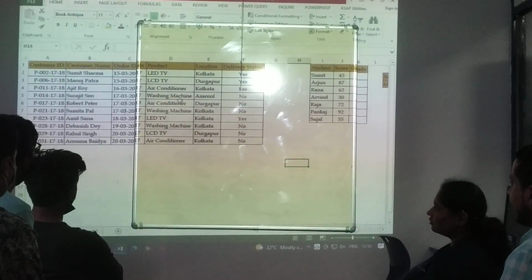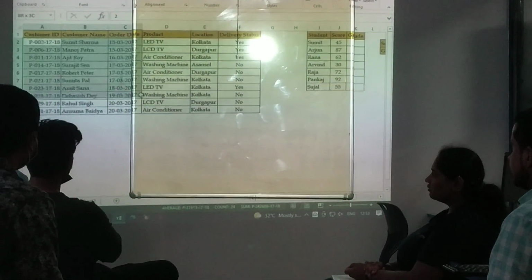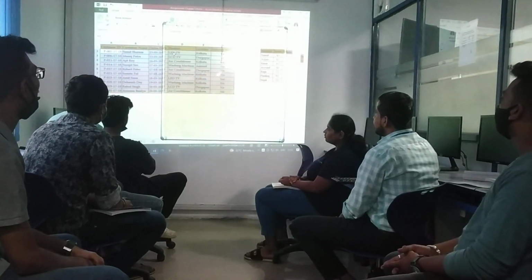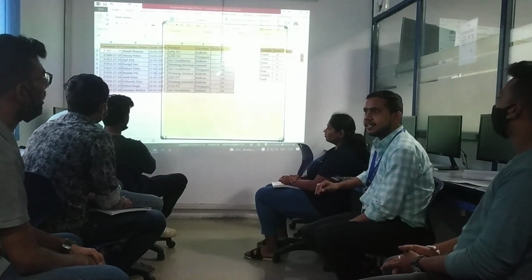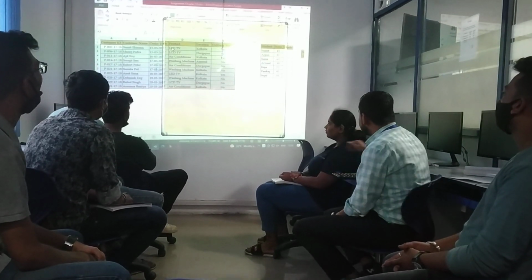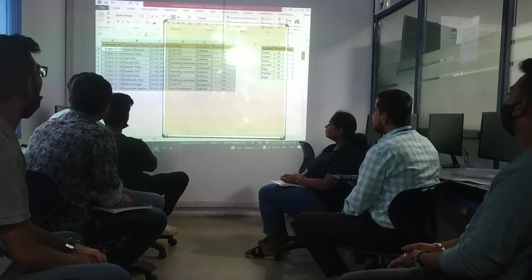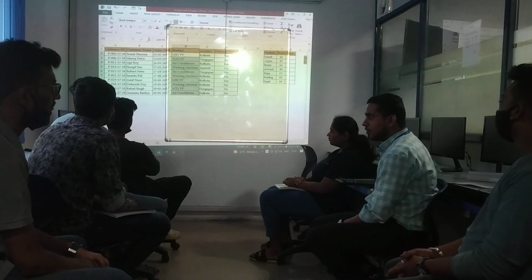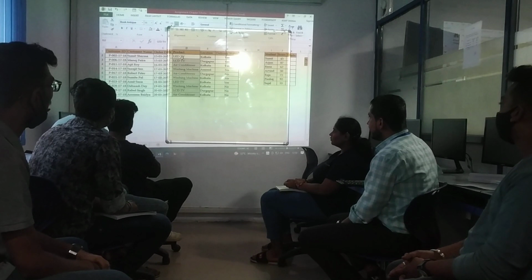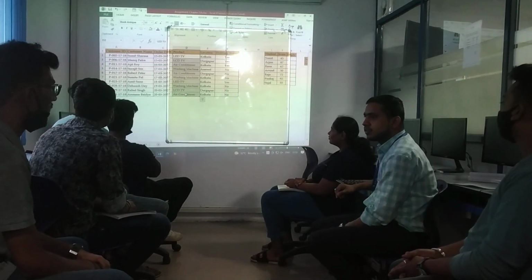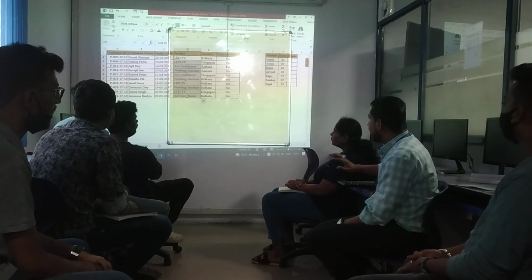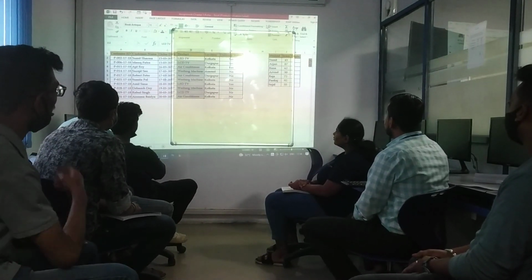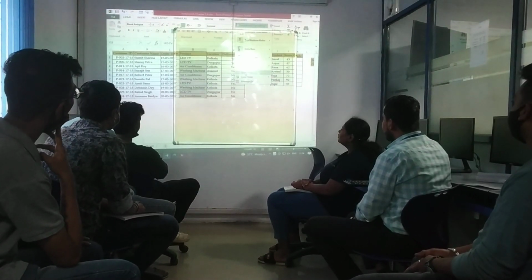Suppose I want to highlight the data where the product is LED, in green color. So how can we do that? Either you want to highlight only the first column, only the LED, only the LCD, then you can select only the column. Whatever data you select, it will highlight. So select the data first, suppose the column, go to conditional formatting, new rule.